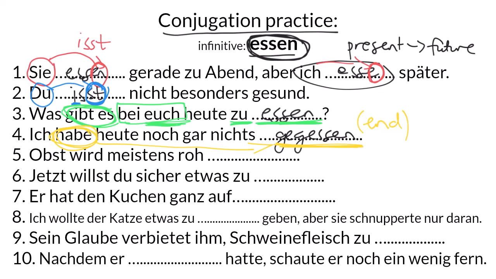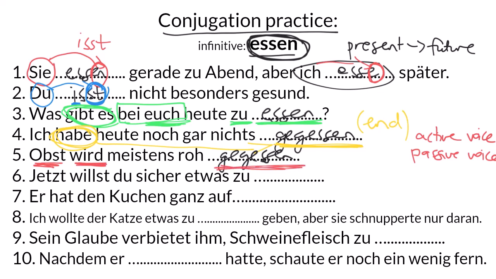Number 5. Obst wird meistens roh gegessen. So this one is a slightly harder one, and that's because we're not using what we would normally expect to use, that is the active voice. Normally we talk about things or people doing things, but this time something is being done to something else, and that's called a passive voice, when something is done to something else. What's being done here? Well, the fruit, the Obst, is being, wird,